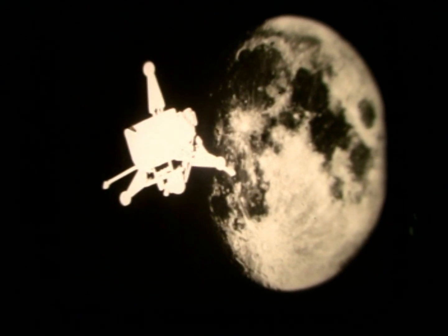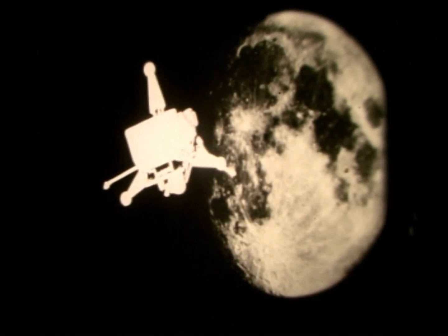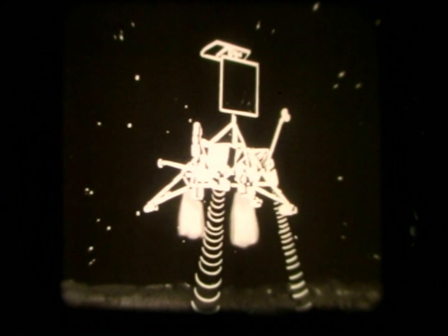This is how the Surveyor 1 spacecraft looked as it descended to the surface of the moon. It was 2:17 p.m. Eastern Daylight Time. The date, June 2nd, 1966. When approximately 13 feet above the moon, all engines cut off, allowing the spacecraft to fall gently to the lunar